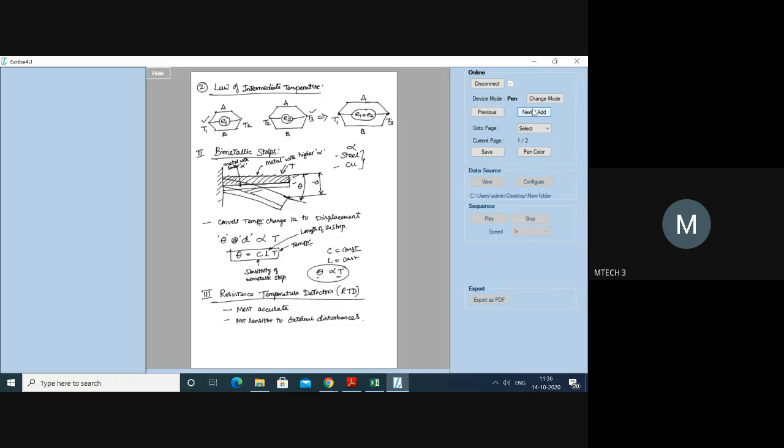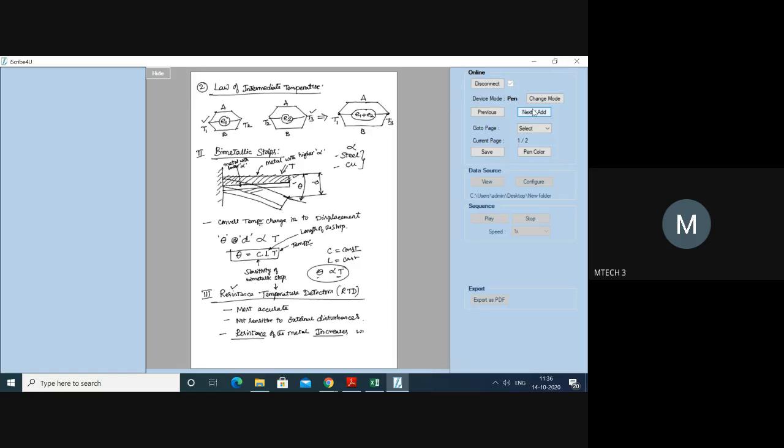Now, in this case, that is the third one, in the resistance temperature detector, which property of the material is going to change? Which is the input? Input is temperature. What is the output? The resistance. Now, in case of RTD, very important, the resistance of the metal increases